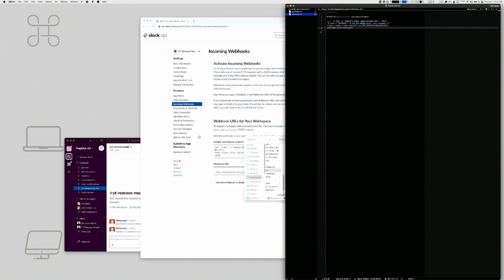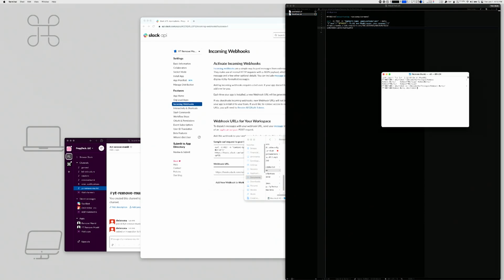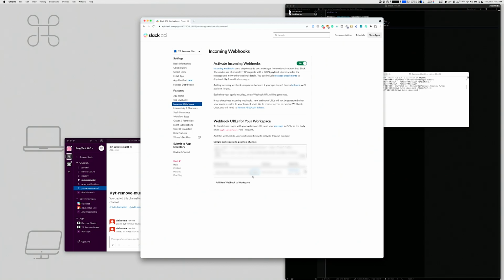So we'll go ahead and open a terminal window. So now we want to run Slack test. And as you can see, well, it did not post it to the appropriate